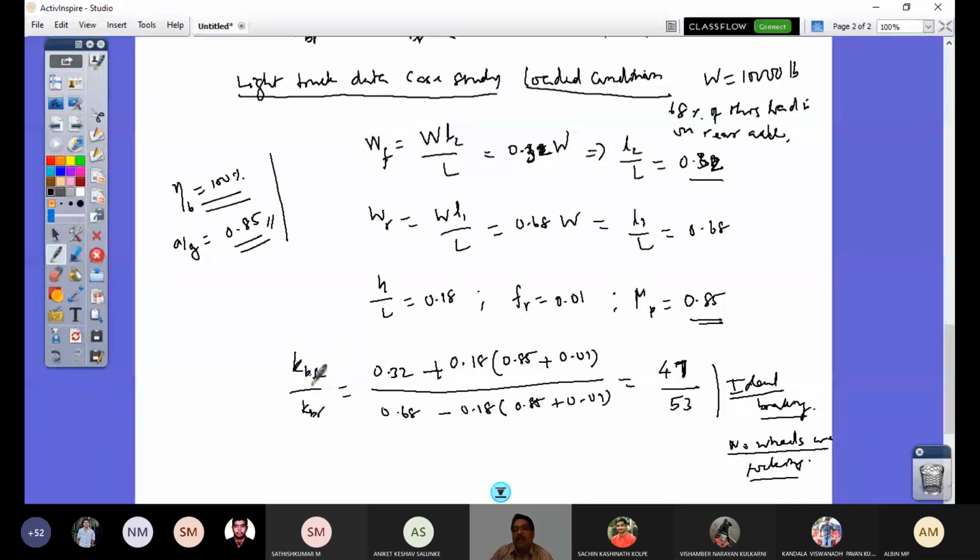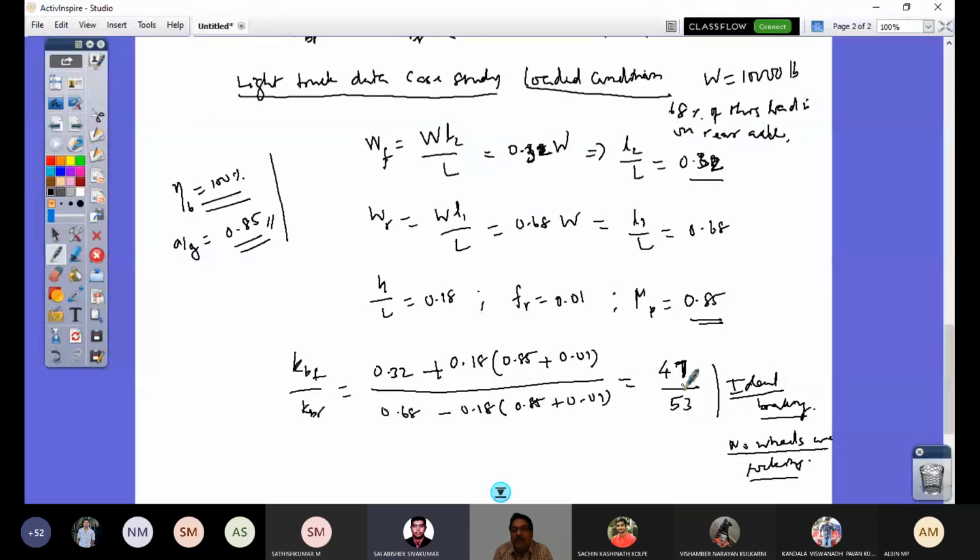So now my question is, if my numerator, that is KBF, increases to 50% or say 48%, for example a slight increase to 48%, is locking unavoidable? Locking will happen, but the locking of all four wheels does not take place simultaneously. So it will be either the front wheels lock or the rear wheels lock. So my question now is, if it is 48% and 52% in the rear, which wheels are locked? Are the front wheels locked or the rear wheels locked? Front wheel, sir. Front wheel locked.